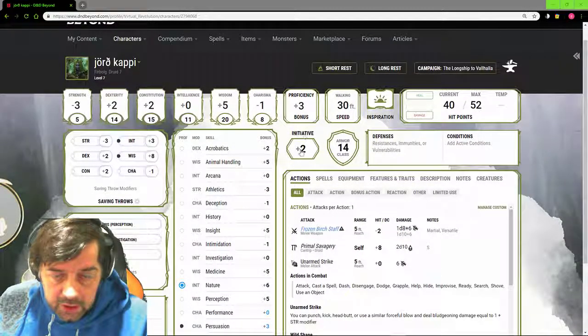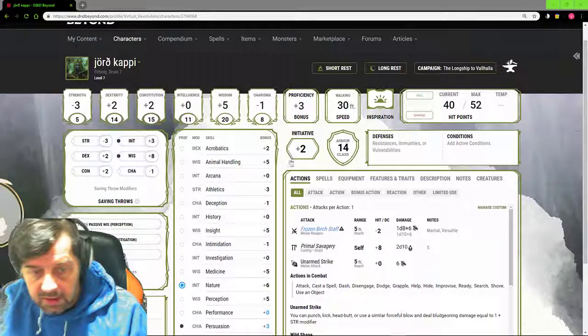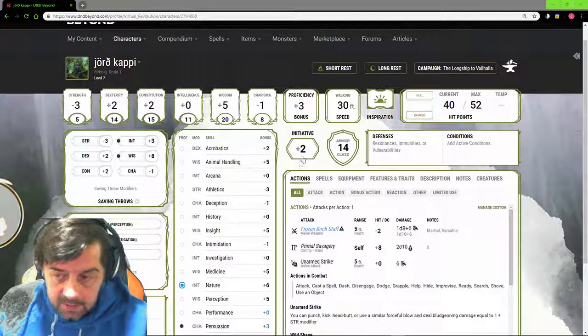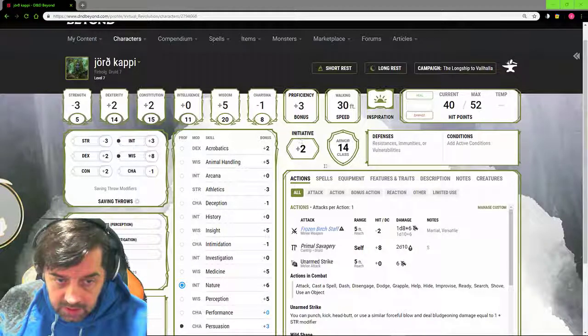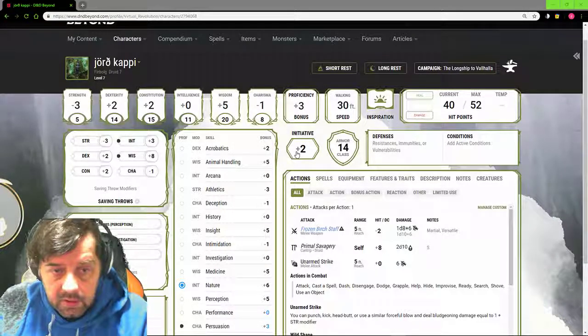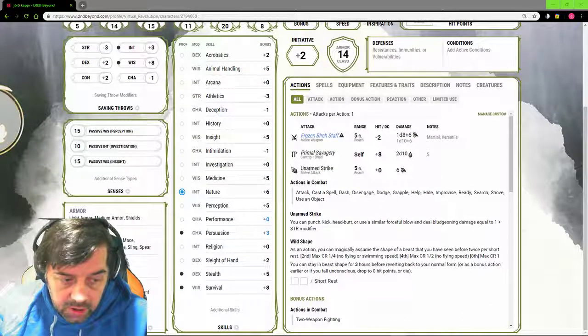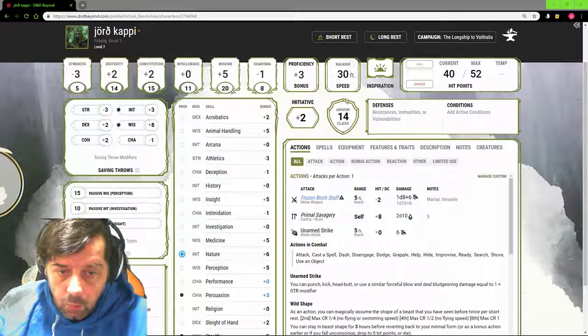Right, so you have your initiative here. So when a battle starts, you will roll initiative, you roll a d20 plus whatever that number is there. So if I roll a d20, I get 10. Add the plus 2, 12. You have your proficiency bonus, which comes in when you're using things like herbalism kit and stuff like that. Your walk speed